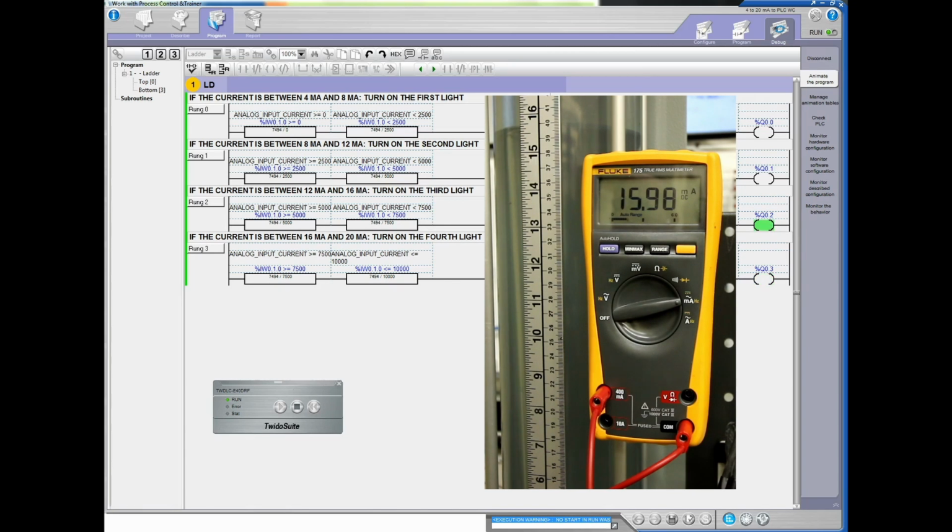And on the PLC, we can see it's chirping back and forth now with that LED. You can't see it on the screen there. There you go. You can see it changing now. So let's drop it down just a touch there. There we go. And we'll make sure that that light stays on. The reason why the light was going back and forth was because the level was just hovering at 40 centimeters, or at what, 7,500 on our PLC. Right now we're at 7424, corresponding to a current of 15.86,